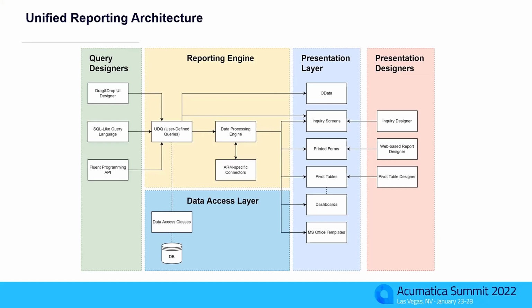But for the RM analytical report management, the connector will be specific because it reads from the predefined data in a very specific way. Then on top of the reporting engine, we will have a presentation layer. And the presentation layer will be basically various kinds of presentations or APIs that are exposed out of there. Like you will be able to read the data through OData, you will be able to submit the data to the inquiry screen, you will be able to submit the data to the printed forms, pivot tables, dashboards, or